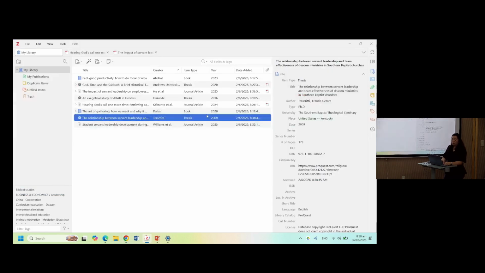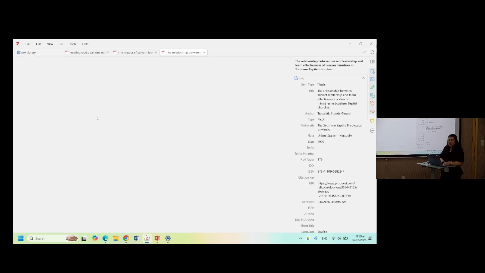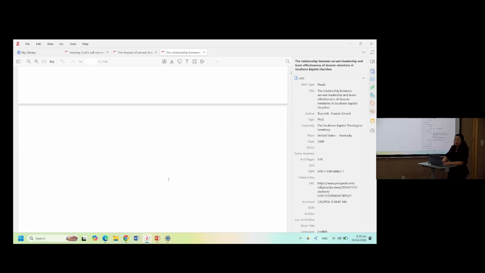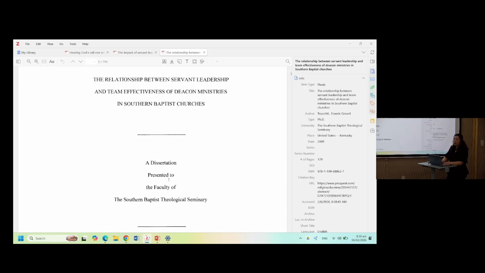Okay, let's go to Zotero and you'll see here the information. If you click on that tiny arrow there, it will show you that you have an attachment of a full text. Okay, so you can just double click that and you'll be able to read through the material. But of course, your purpose is not only to read through the materials, but to also review the entries. Okay, review the entries.